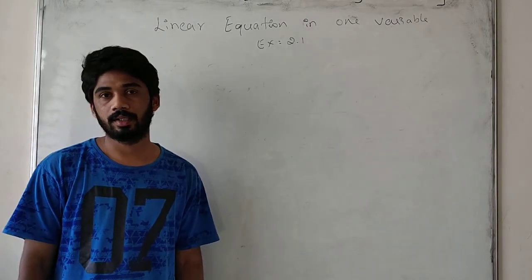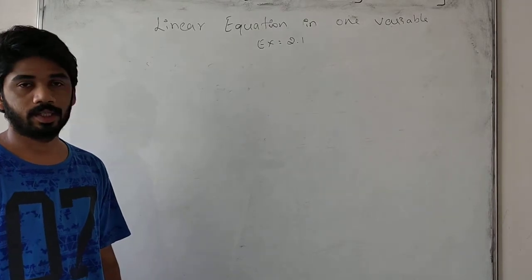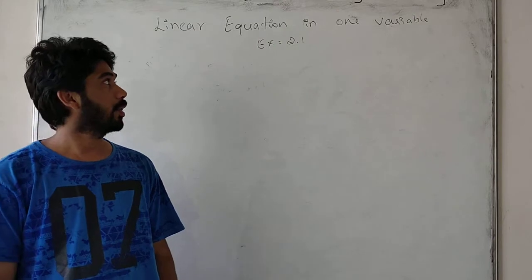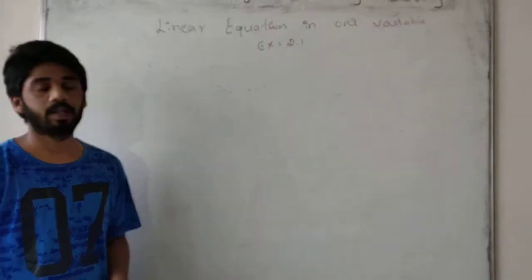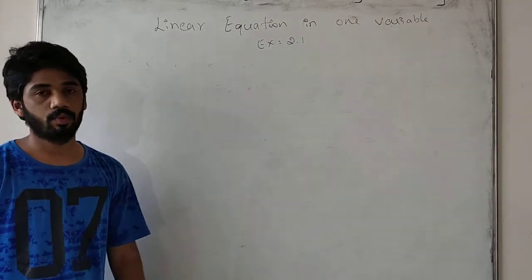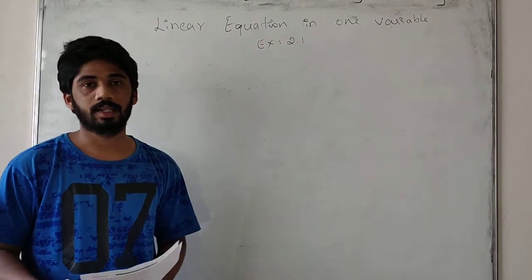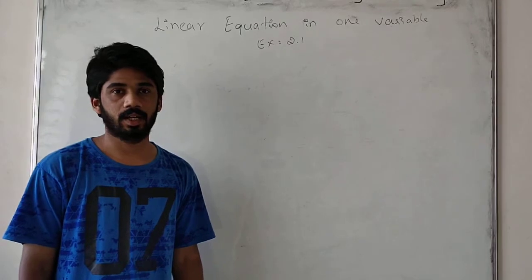In the previous class, we completed chapter 1, rational numbers, the whole chapter. In today's topic, we are going to continue the exercise. We are going to continue chapter number 2, linear equation in one variable, exercise number 2.1. First, we have to know the concept. This class I will be taking in bilingual language, in English and Kannada.